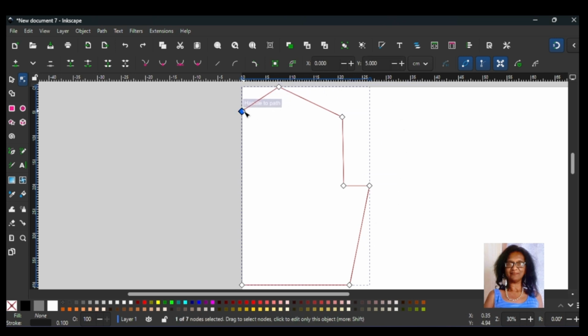I'll go onto my first node here. It's at the top there. I'm going to go into the Y, and I'm going to drop it down by 5, so it's going to go 5 centimeters down. That's my depth of my neck. That's the back neck. I'm going to go to this next node, and that's going to be